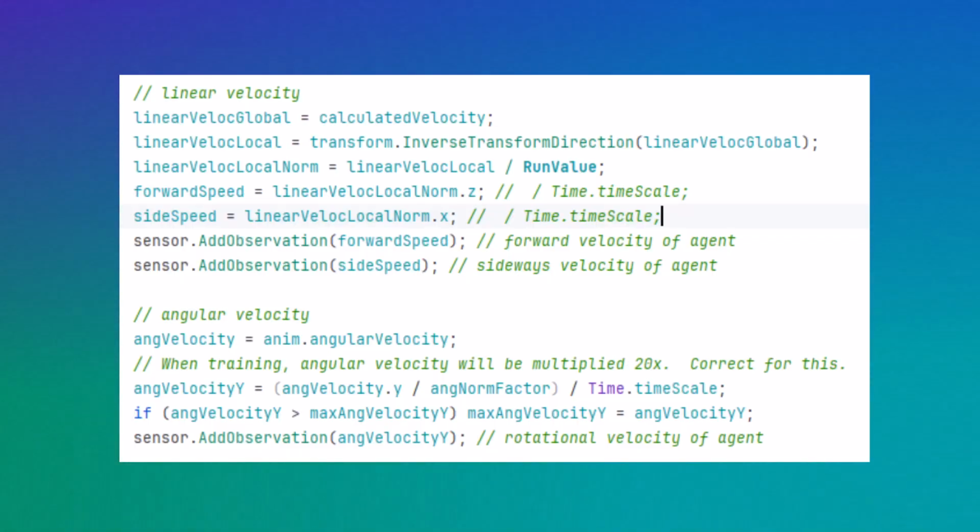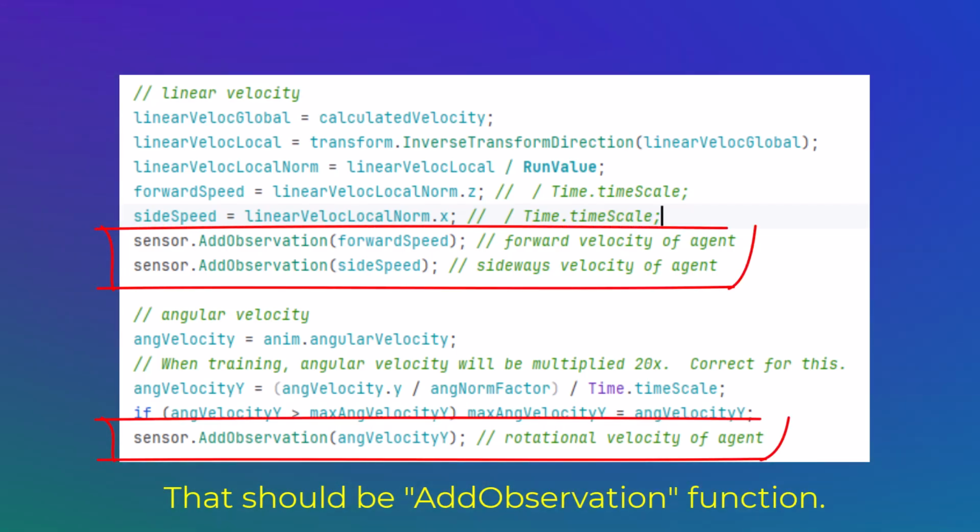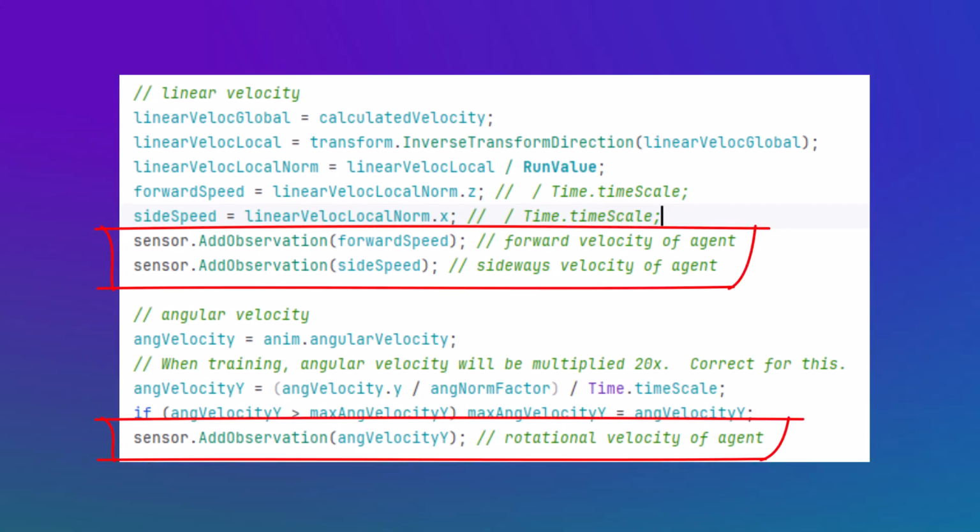What about the robot's body position and motion? Robots may have gyroscopes, accelerometers, and magnetometers to sense these. Proprioception is the body's innate sense of its own position and movement. This also seems like a reasonable type of sense for our humanoid AI. I use the AI observation function to report the AI's speed and rotation.